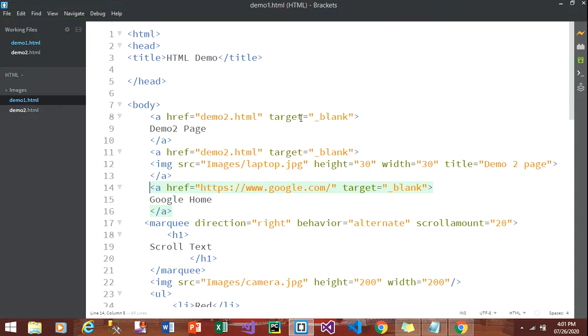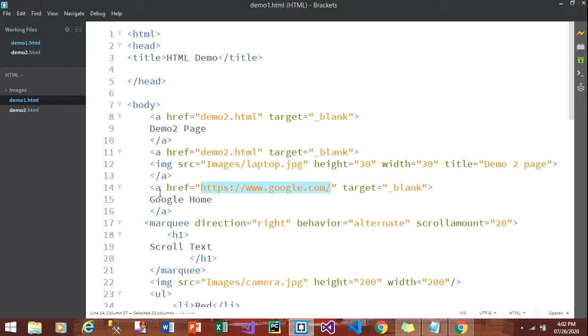Okay, so what do you understand by this? You can navigate to any page. You can navigate to a page by using an image, as well as navigate to any other URL with text, or again if I want to replace the text with an image, you can do it.